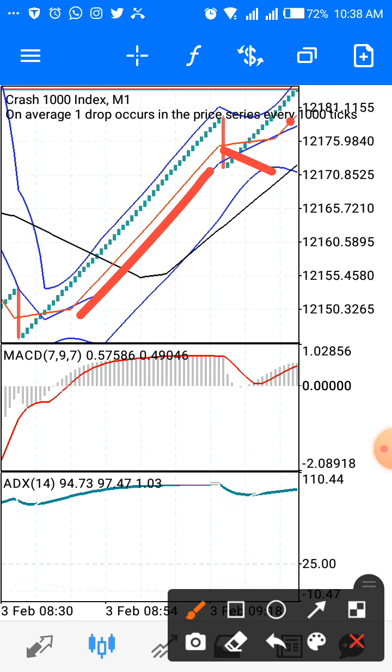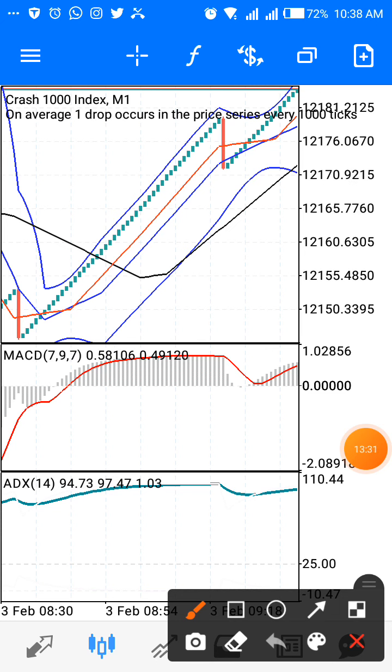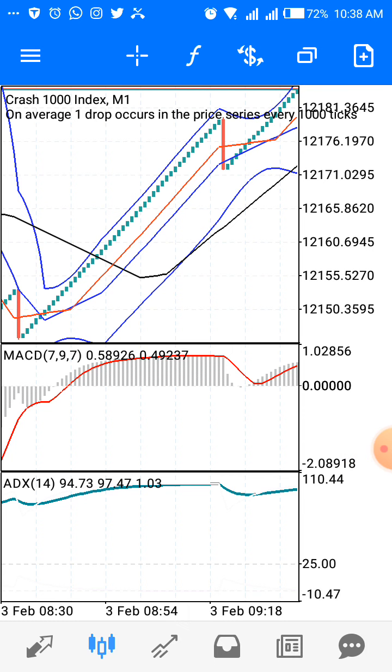You understand? If I allow greed and enter the market here, it's very risky. This is the region of resistance. Any spike can appear in this region, because this is our upper Bollinger Band. So anything can happen. It is very risky to trade at this point. So once you come to the market and you discover that the market is not friendly, you can just leave the market. Okay, now